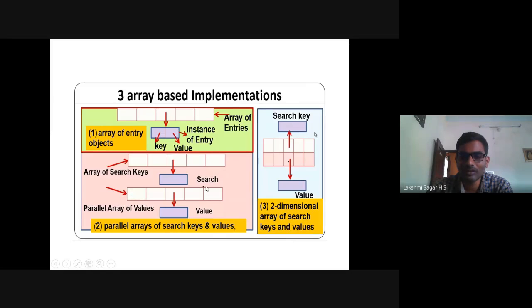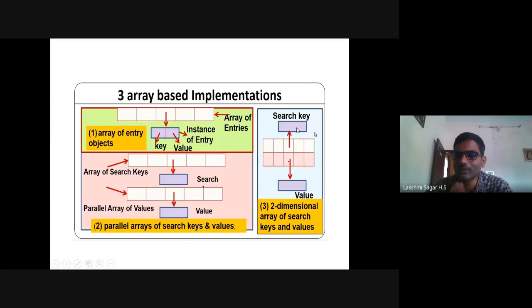The second one is one array that stores keys, and one more array that stores values. So we call it parallel arrays of search keys and values. So here you can see a 2-dimensional array of search keys and values can be represented in this way.